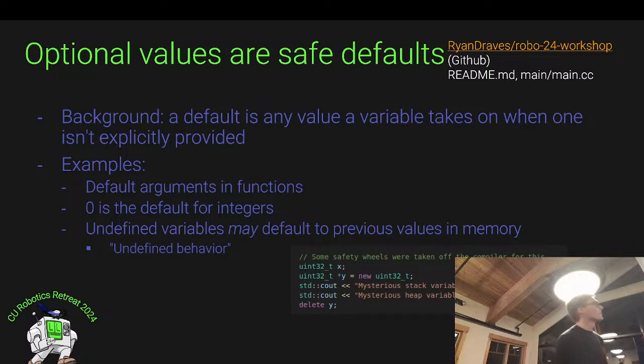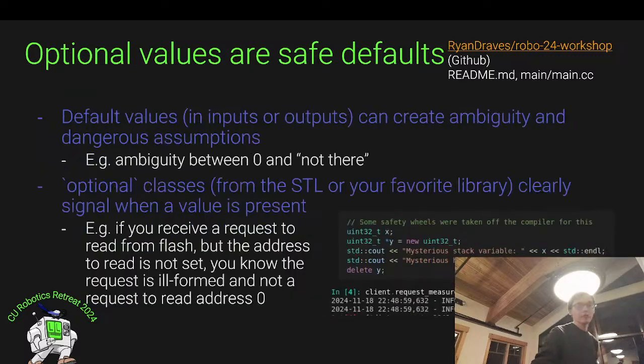Truly undefined variables would have undefined behavior and take on a random value, whatever was previously in memory. For the stack variable, that will take on the 0 value, the default, and then for our heap variable here, it's whatever was previously in memory. This is effectively random garbage, right? And normally the compiler for something that's explicit wouldn't let you compile with this. I did have to turn off some flags for that, but it is still possible to somehow convince the compiler that it won't be undefined when it really is.